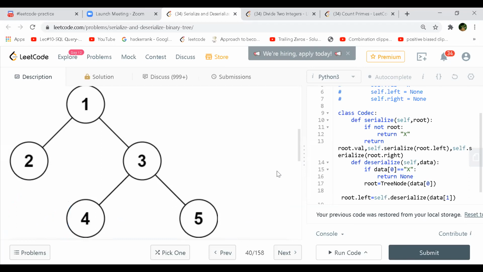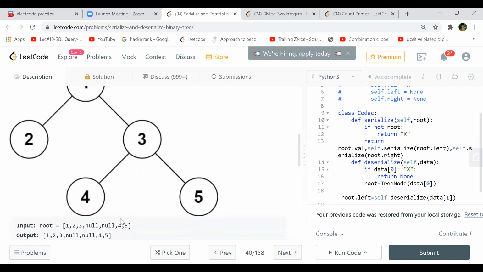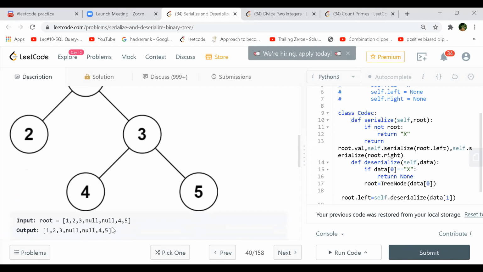But we are just assuming that based on the output. We are just assuming it might be like this. Yeah, exactly, we are just thinking out loud. Any traversal should work, need not be only level order. Whatever fashion you follow, the opposite fashion you'll have to follow for deserialization. Even in-order, pre-order, post-order would work.